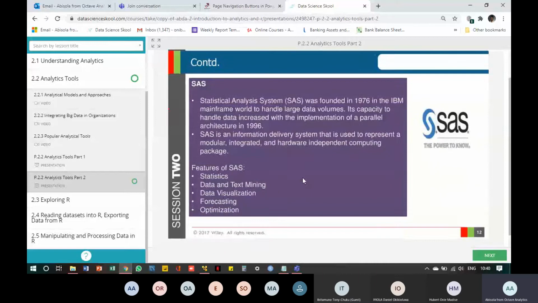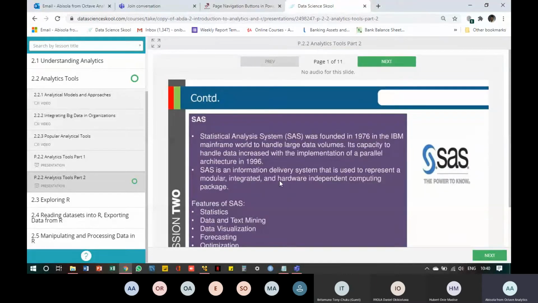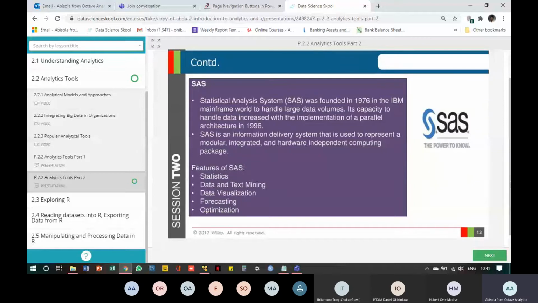It is used for data and text mining. It is very good for text mining, by the way, because it can handle huge volume of data. And when we talk about huge volume of data, we are talking unstructured too. So you need something that can handle a huge volume of unstructured data, for example, Facebook data, and so on. It also handles data visualization good enough. You can use it to forecast, and it helps you to optimize your processes. It also helps you with quality improvement, because you know that you're working with something that can handle huge volume of data with low probability of error.